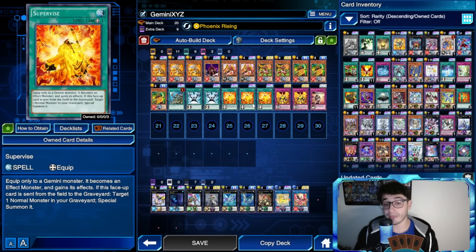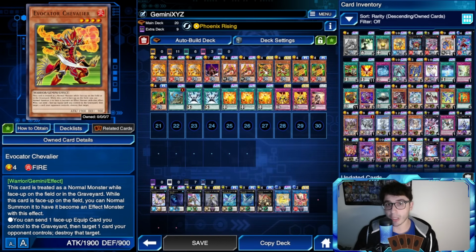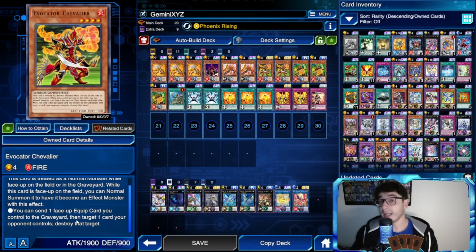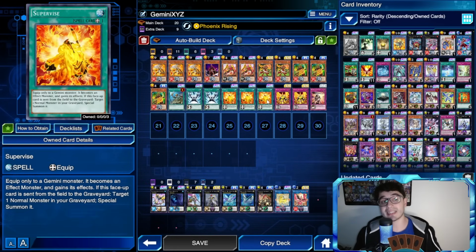Plus, Supervise, if equipped to a Gemini monster, makes it an effect monster, so it's super useful for Chevalier. It's a perfect combo with Chevalier, because you equip the Supervise to Chevalier, use its effect, and send the Supervise to the grave. You get a pop with Chevalier plus the effect of Supervise that makes you Special Summon a monster from the grave, and that's lovely. So